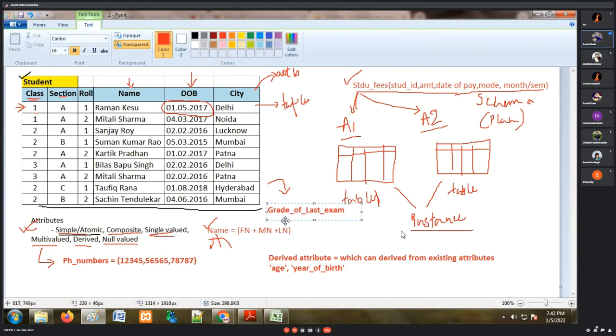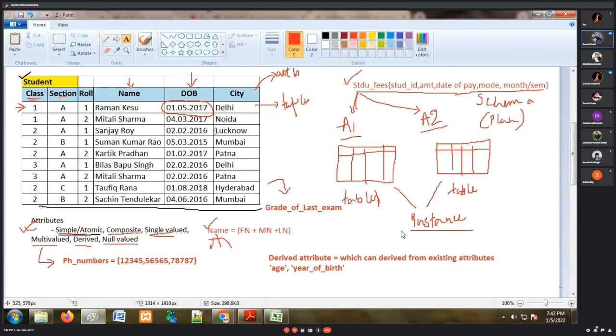Say we add another attribute for this student table, like grade of last exam. Since the last exam is not yet completed while designing the student table, every other data will be available for a student. Class, section, roll, name, date of birth, and city will be available at the beginning of the design, at the initial phase. But